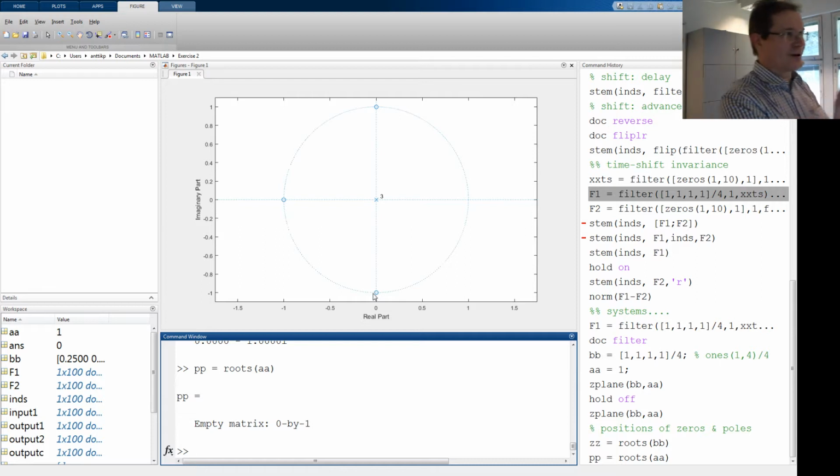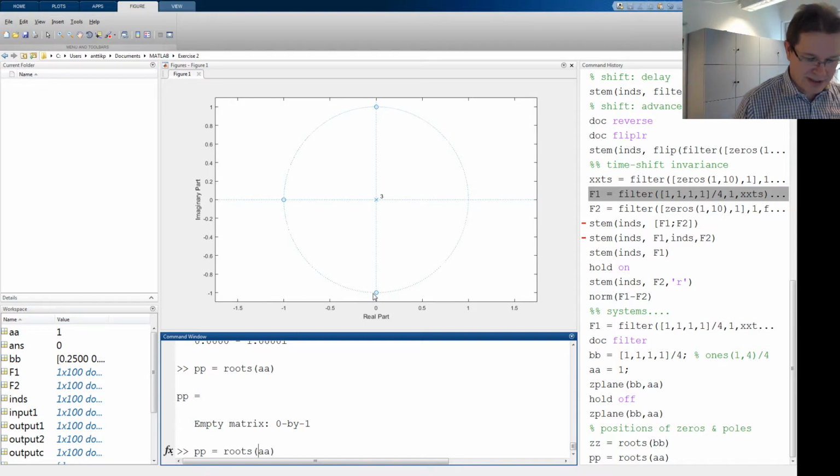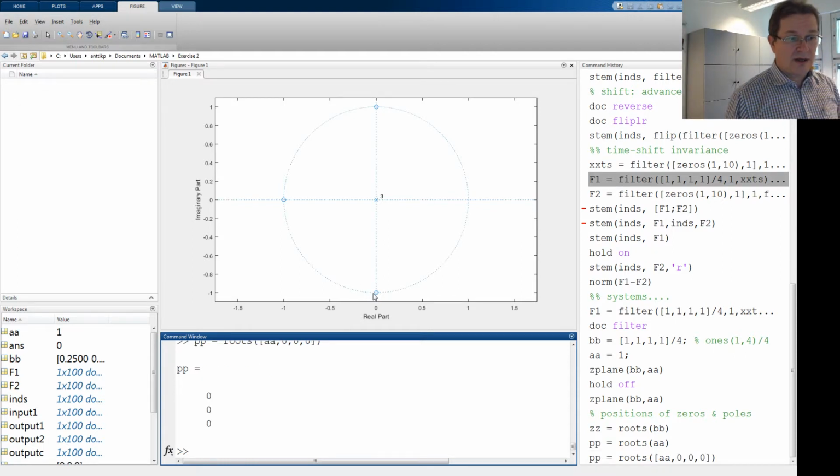Third order polynomial coefficient, as we did on pen and paper. So basically, the correct answer would be to add some extra zeros at the end. Since at the end, basically, you have the third order polynomial on both numerator and denominator, and that will give you the triple pole at 0. Okay,